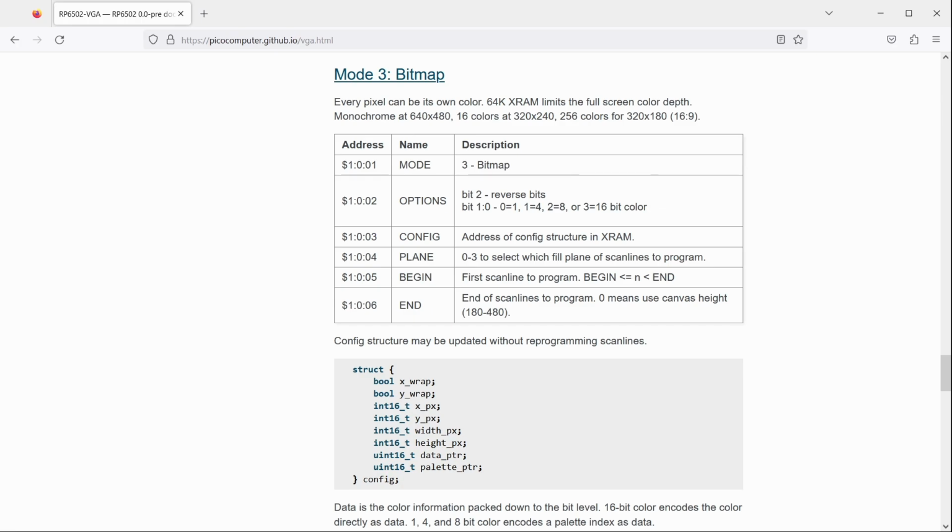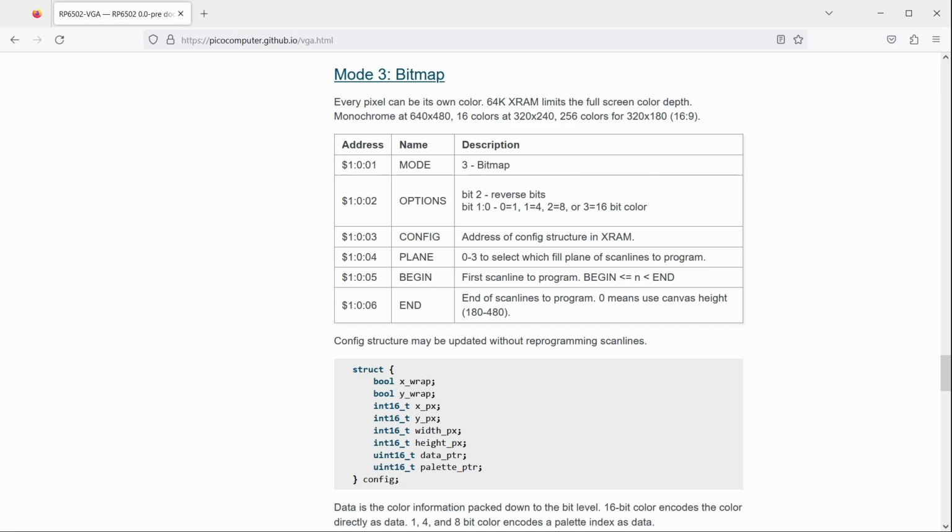Looking at the documentation, there's plain begin and end registers too. We'll get to those in a bit. For now, they can be ignored. We only need to set mode, options, and config. The xreg call is variadic and can set multiple registers at once. This is handy here because we need to set 3 registers in a row.